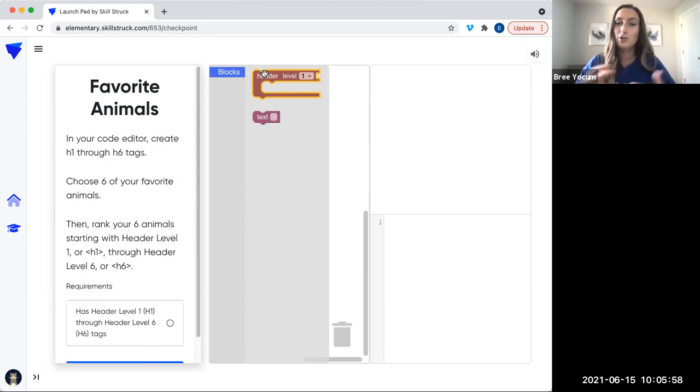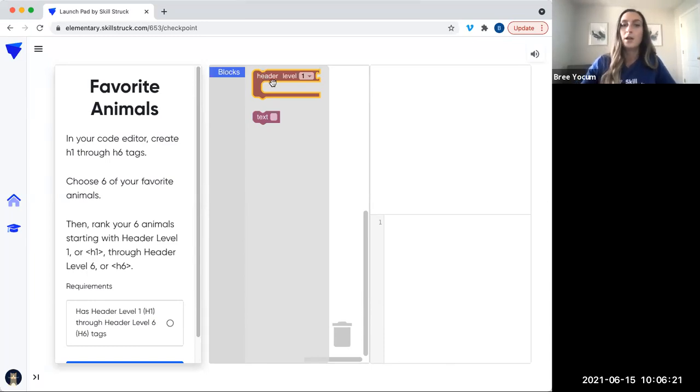But I'm going to show you guys what this looks like, and then we are going to be spending most of our time doing the text coding, which is, again, a little more of a challenge, but it's something that, you know, 3rd, 4th, 5th grade, we've seen all these students do the text-based coding before. So we're going to spend some time doing that mostly, but let me show you what the headers look like